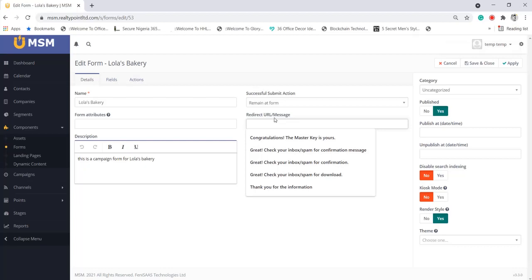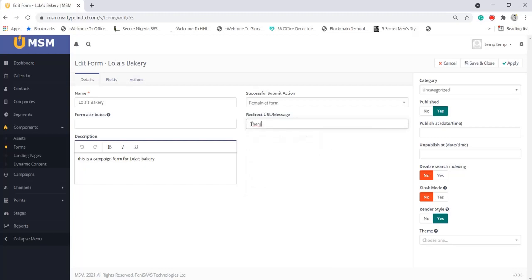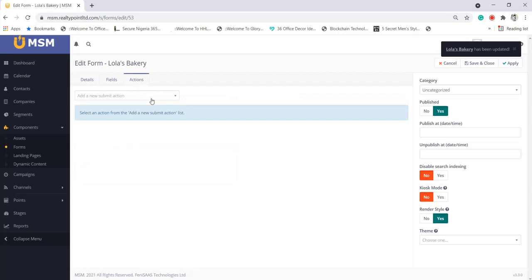So what redirect message do you want after people have filled your form? What do you want them to do? You say thank you for your message, for your feedback, or for your info or anything. Now it's important that we have enough things for people. What will inspire people to actually want to fill your form? I don't want us to end on the forms, but other things will require that. Do you want them to